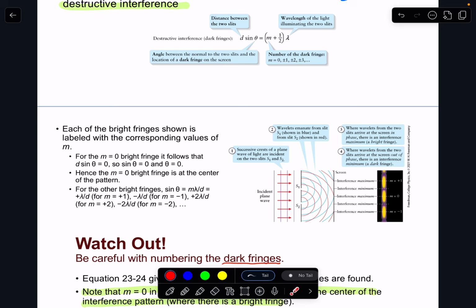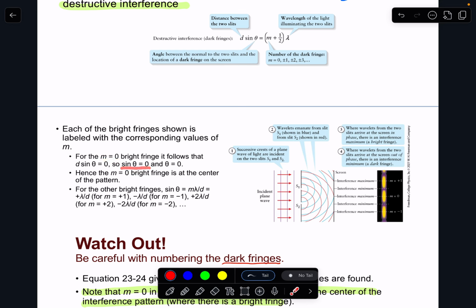And so the m's in double slit interference are going to track which fringe we're on and whether it's the dark fringe or the light fringe, okay? So if we look at the constructive interference condition and substitute m equals 0, well then what is that going to give us? That's going to give us our central bright fringe. Because if m equals 0, well then d sine theta equals 0, and sine of an angle that equals 0, well, that angle must be 0, right? And so if we come back to this picture up here,